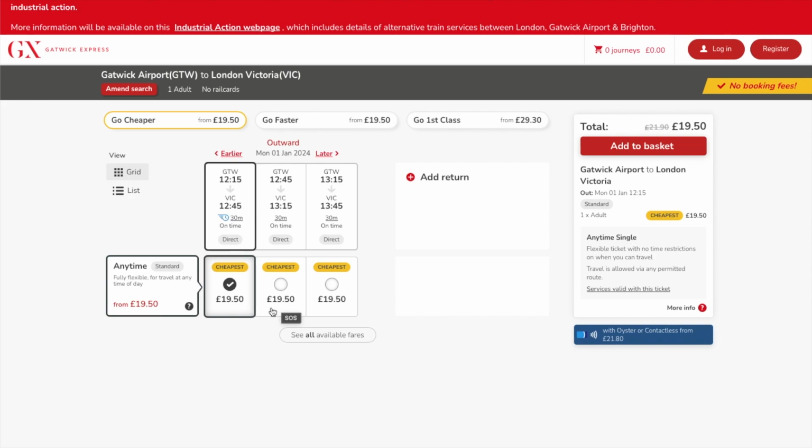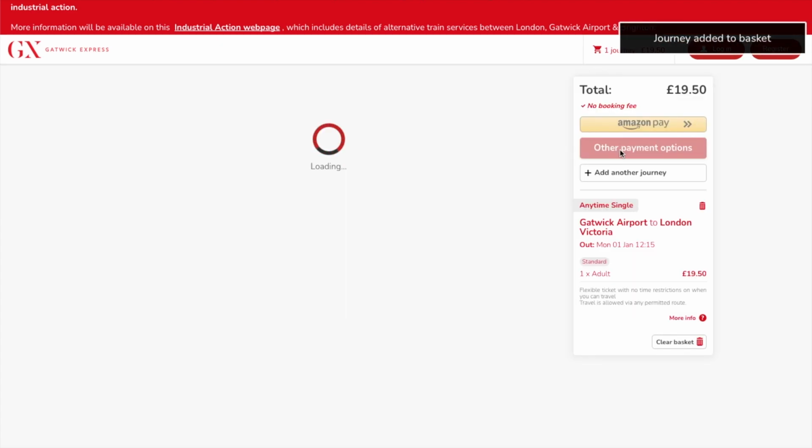It is more expensive to take the Gatwick Express than it would be to take a train on Southern, which you can just use locally. You can also use contactless for those trains, the local ones with Southern. But if you are going to use the Gatwick Express, like I said, it is much quicker. It doesn't stop, which is really nice. You just then select the train that you want, click add to basket,